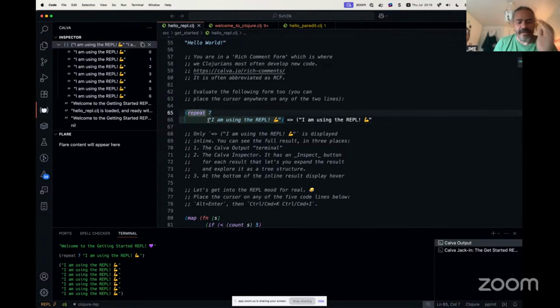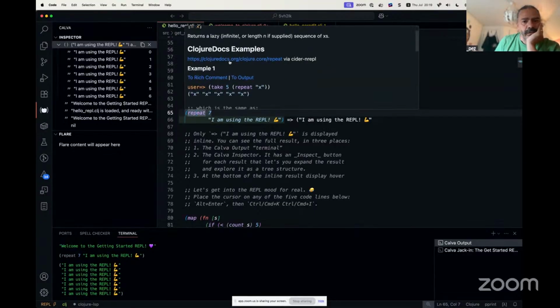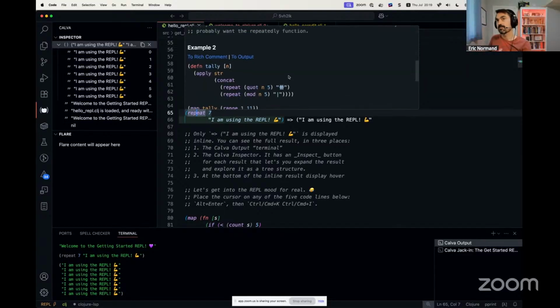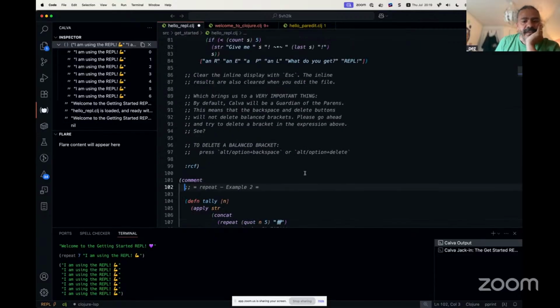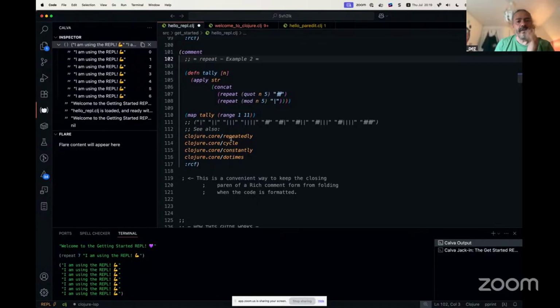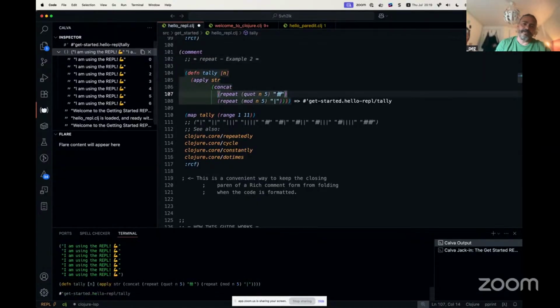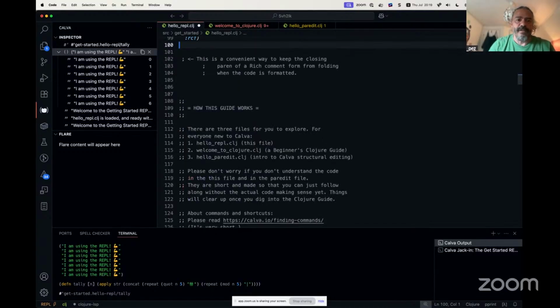But other things you find in this hover are the documentation and ClojureDocs examples. And you can bring these examples down to the document like that, in a rich comment form, to experiment with it. Now we're going a bit beyond the getting started REPL story, but anyway,